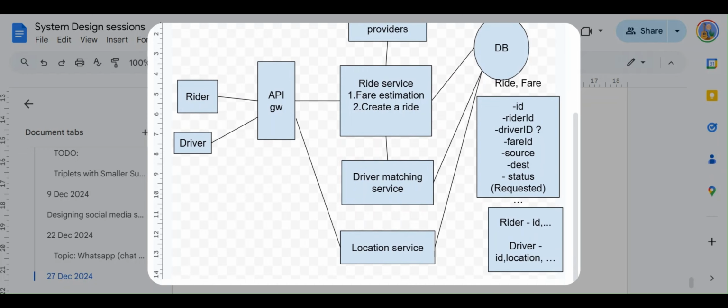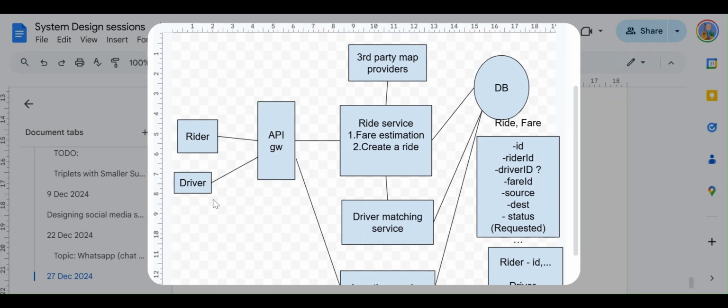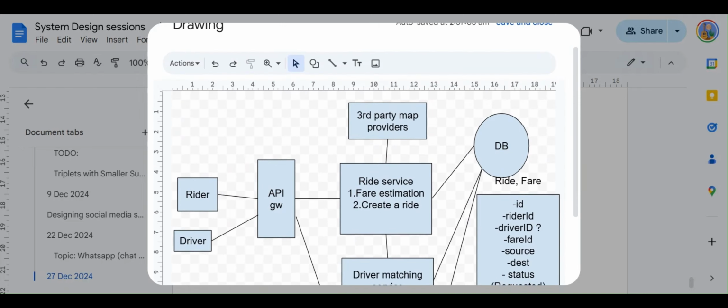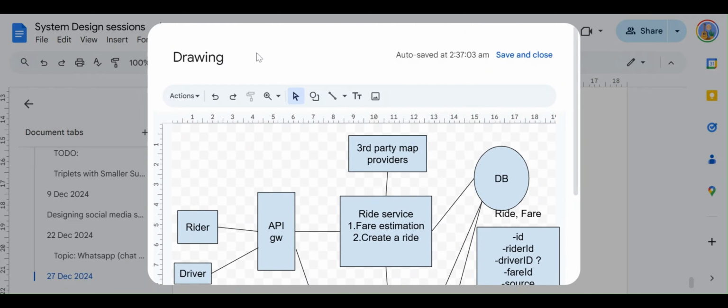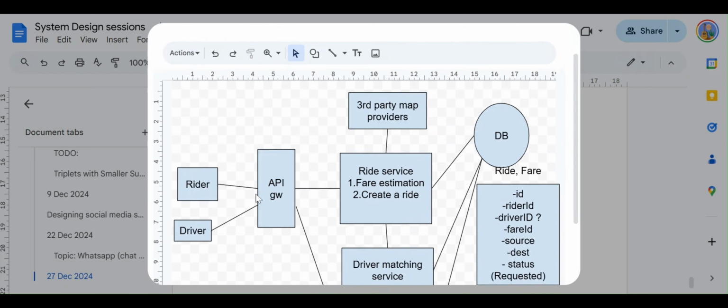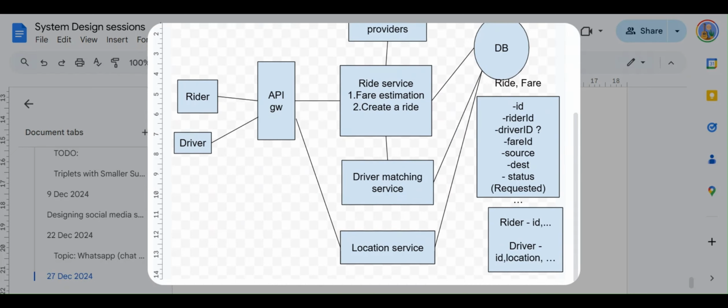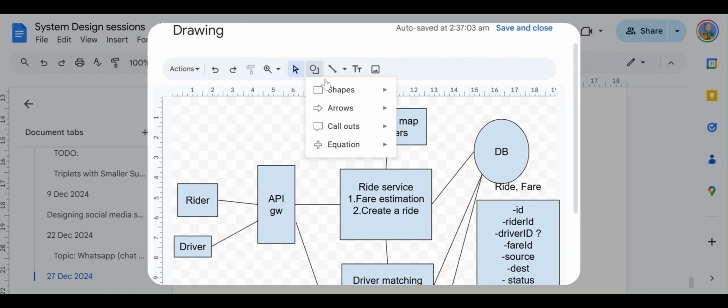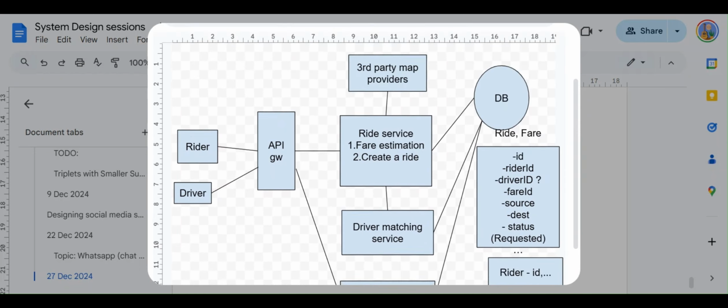But there is one more requirement that is left, the fourth requirement that we had in the design. I'm not closing it, because if I close it, I won't be able to edit it again. In that fourth requirement, we had discussed that the driver should be able to accept or deny the request, right? For that to happen, a driver should be getting a notification, right? A driver should be able to get a notification that, hey, this is a request, you can accept it or deny it. So there has to be a notification service that can send the notification in our system.